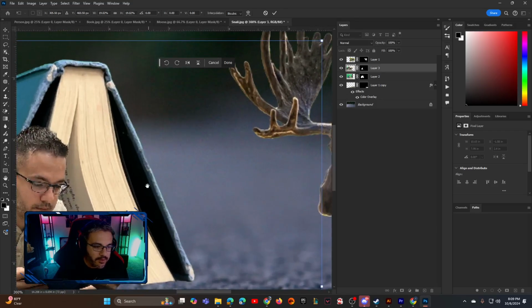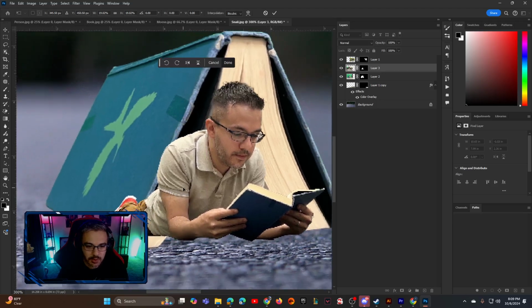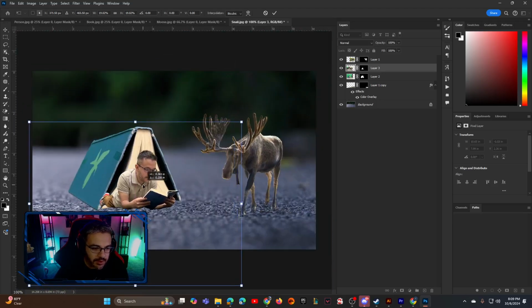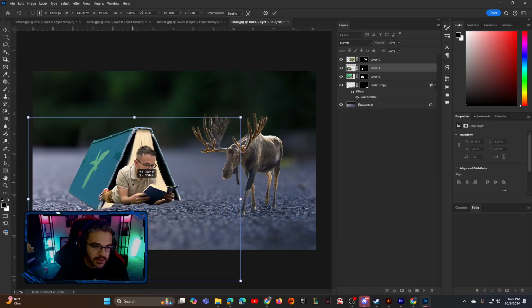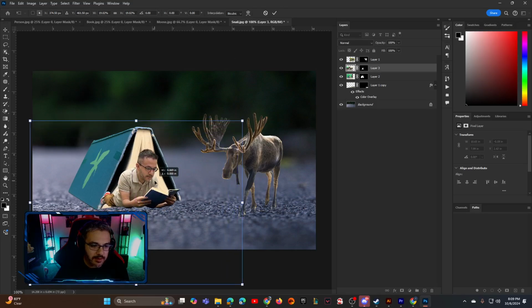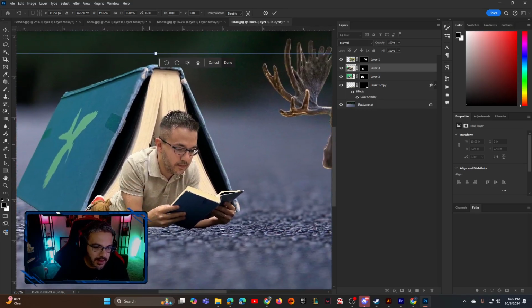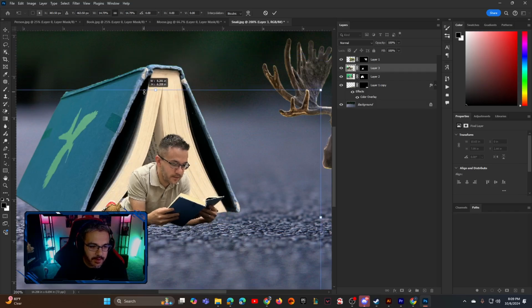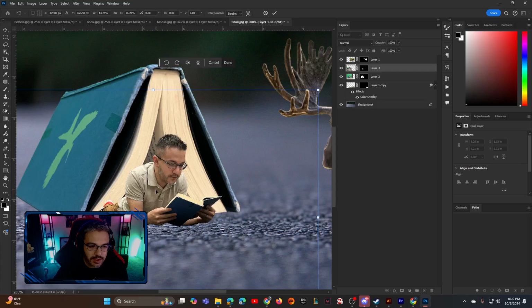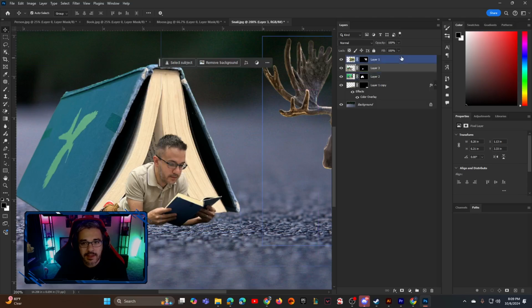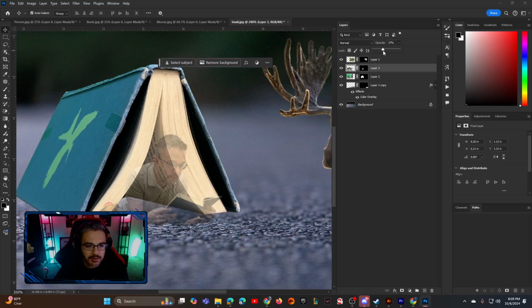All right, so for me, what I want to do with this particular image is I want to put myself here, but I want to hide the rest to kind of make it look like I am inside the book. So again, one thing to keep an eye out is that I want this to kind of look like that. Make myself just a little bit smaller, just like so, and put myself right there. Now, as I make this in the opacity,